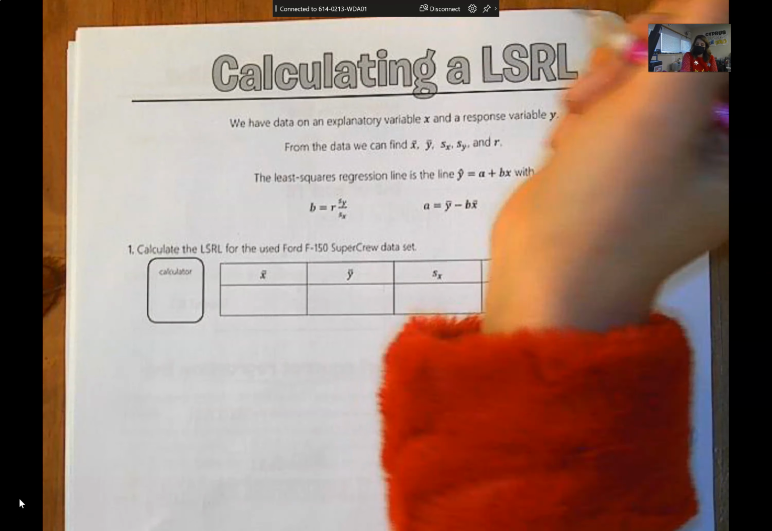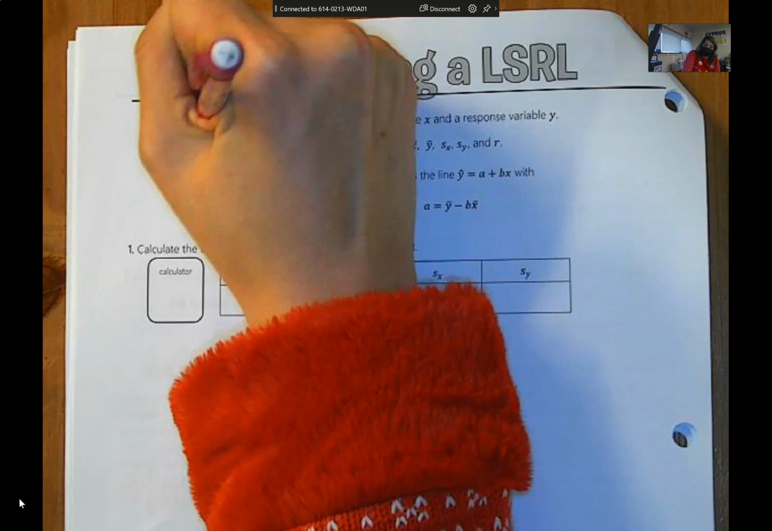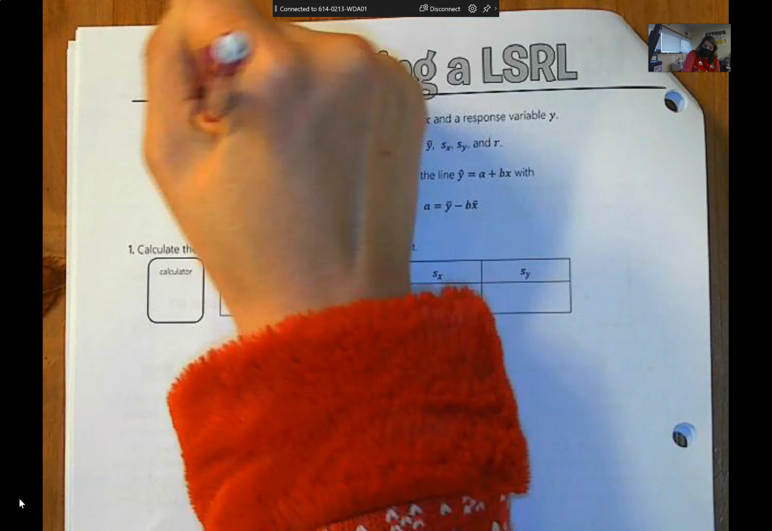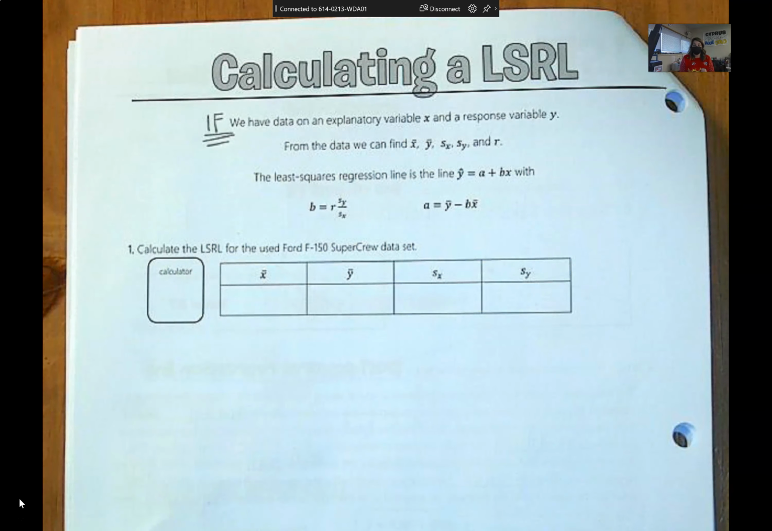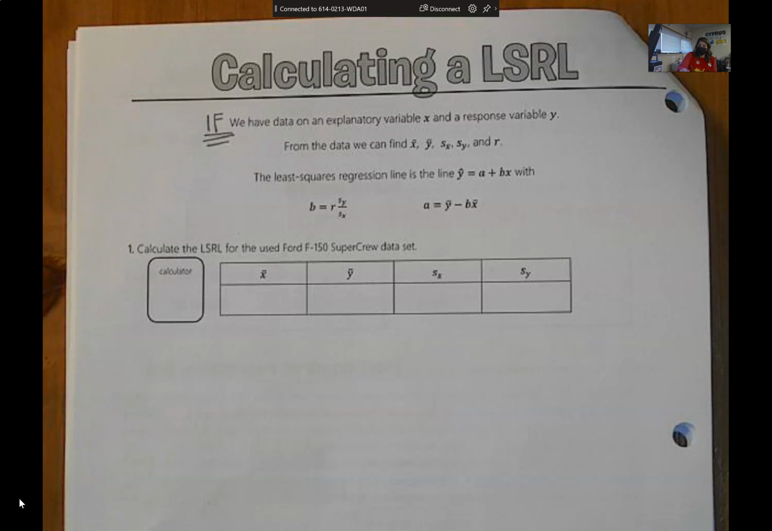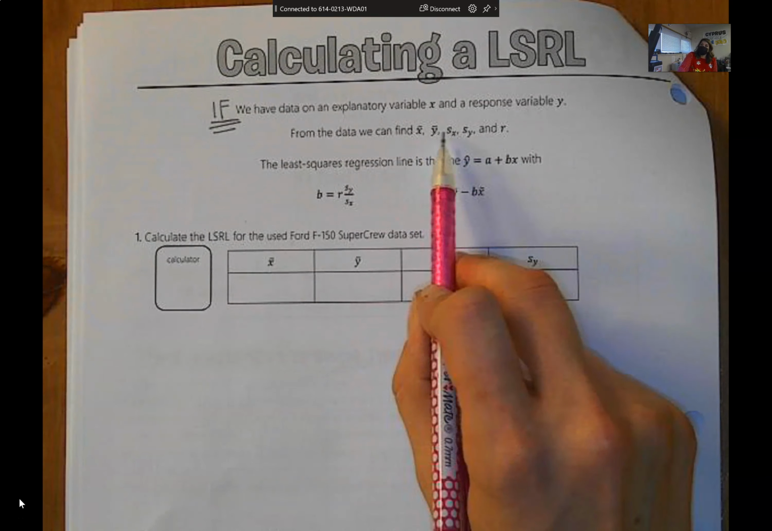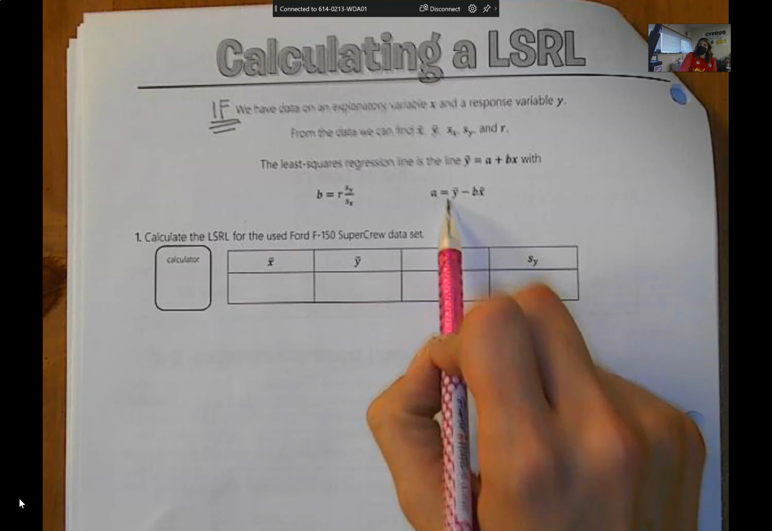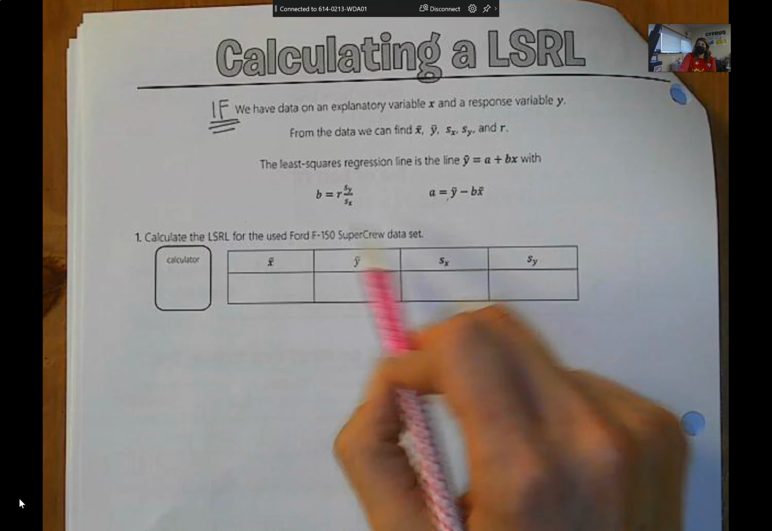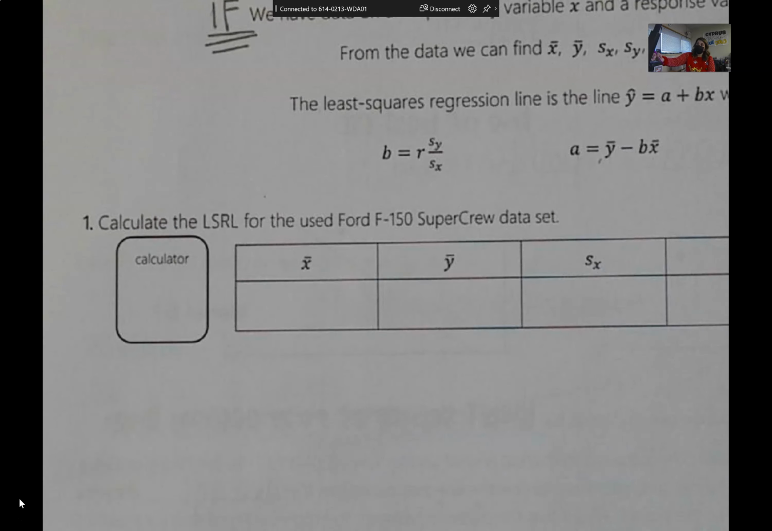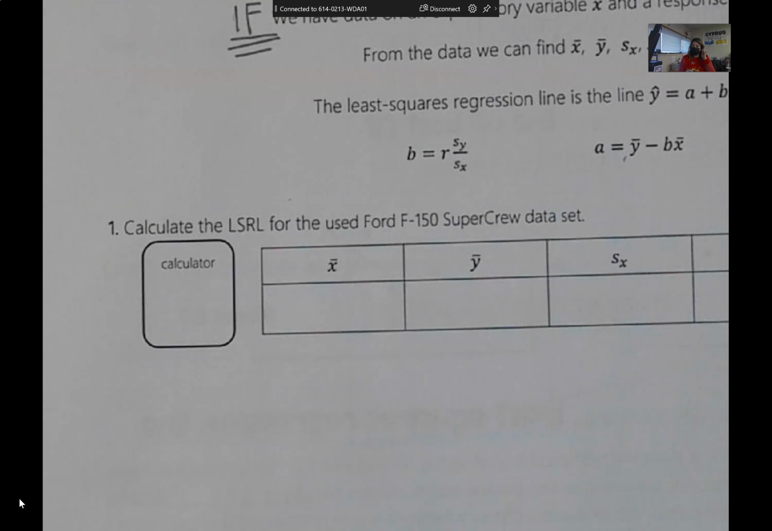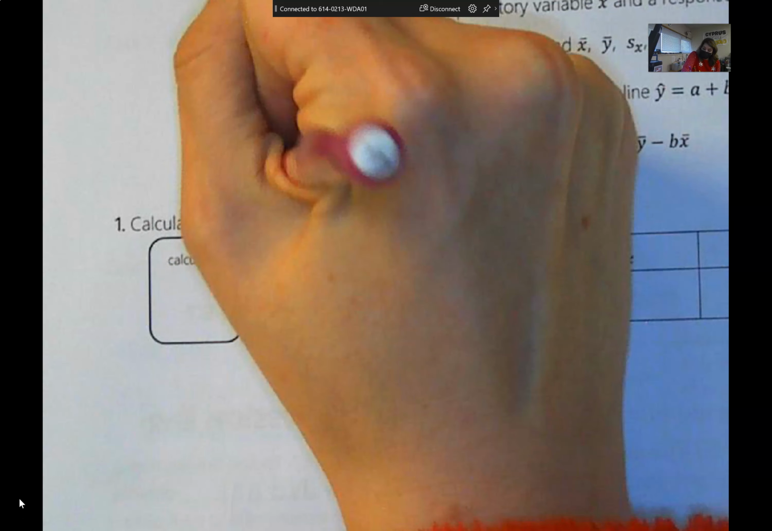This up here where it says we have data, we need to put the word if in front of that. If we have data on our explanatory and response variable, we can use these descriptive statistics to calculate our least squares regression line using these formulas. So down here for our used Ford F-150 data, I want to make sure it's clear what values we're going to find. So for x bar, this is the average